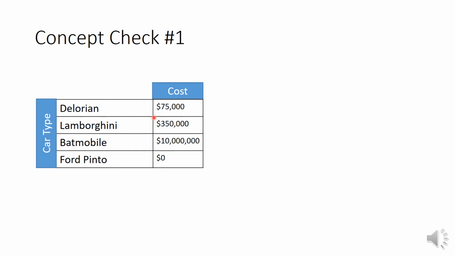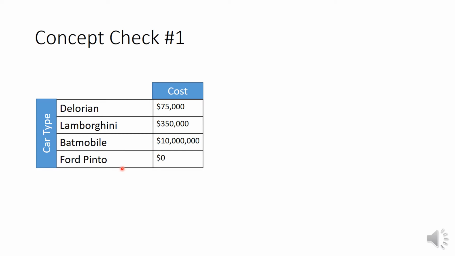And the average cost of the DeLorean was $75,000. Average cost of Lamborghini, $350,000. Average cost of the Batmobile was $10 million. And the Ford Pinto, according to legend,